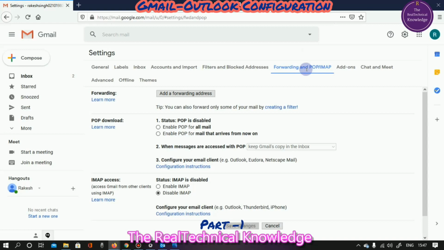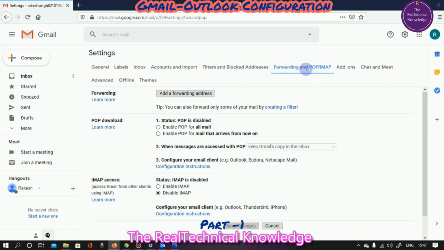It is a method to retrieve or send email, and similarly IMAP is a second method, which is Internet Message Access Protocol. By this method you can access your email via local client software, and local client software means Outlook. So these are the two methods we are going to learn in this video.